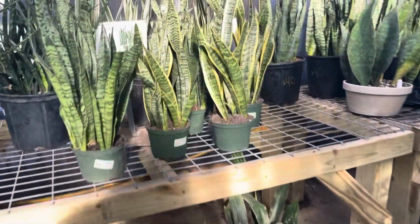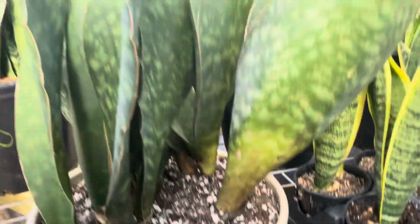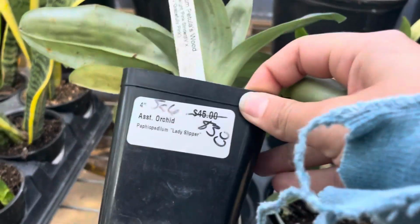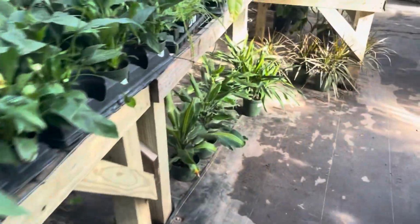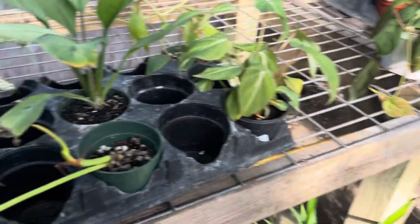They had some ZZ plants back here as well, just the typical green ones I saw. I didn't really see any of the chameleon. I'm not sure if I saw the raven ZZ. Here there was a big whalefin already potted up for $65. I feel like that was a great price considering how many of those leaves or stalks were in one pot. All of the orchids were on sale that didn't have blooms, and I thought that was really neat. I've always been wanting to get another orchid. The first one that I have just kind of came to me very randomly,